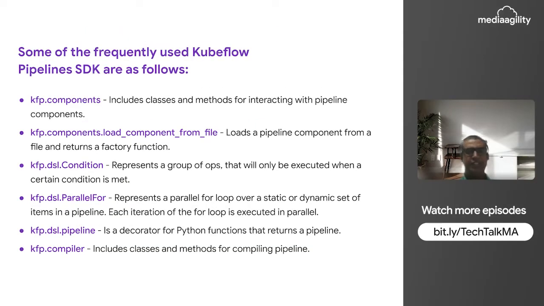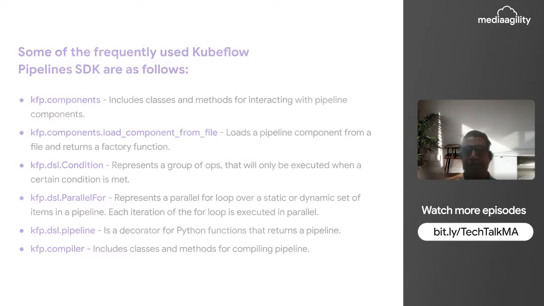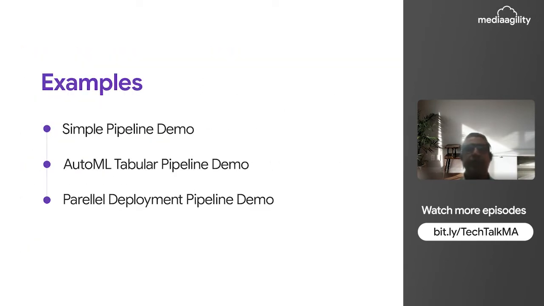These are the components we are going to use in the examples I'm going to provide in the subsequent sections. We will start with a very simple example, creating a simple Vertex AI pipeline. That will be followed by a more complex example in which we train a machine learning model with the help of the Vertex AI pipeline. In the last, we will create one Vertex AI pipeline that is parallel. So let us start with the first one.